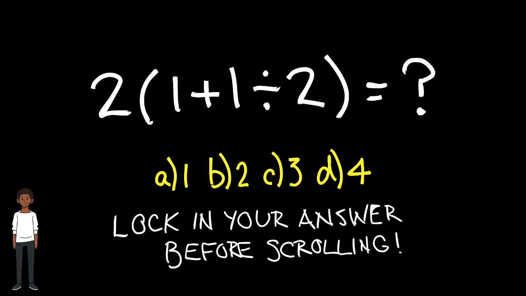This math problem looks deceptively simple, and that is precisely why over 80% of people who try to solve it quickly online end up getting it wrong. Take a close look at these four choices: 1, 2, 3, or 4. Pick one right now, lock it in your brain, or type it into the comments, and promise me you won't